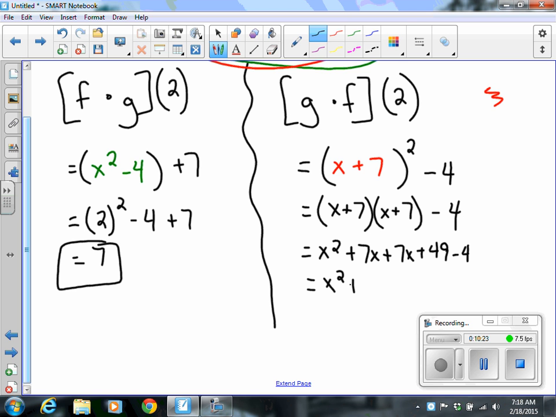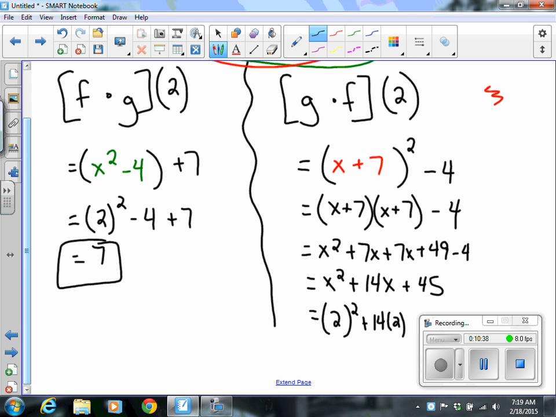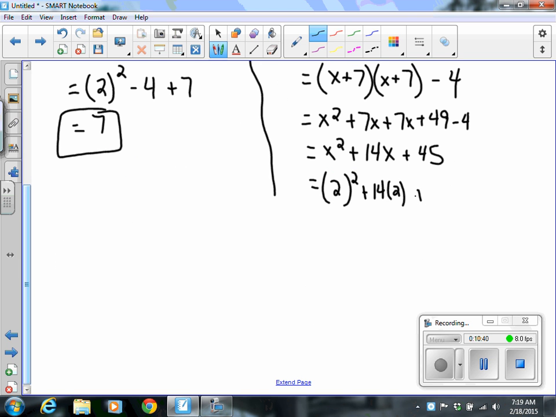Then you combine like terms. Now that this is simplified, I can plug the 2 in. When I plug the 2 in, I find an